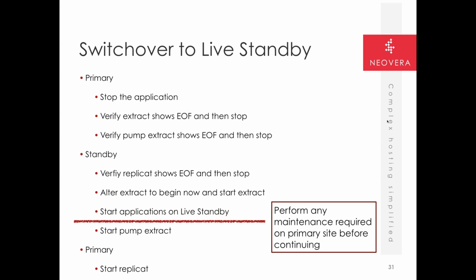One of the other common things we run into is when someone has set up unidirectional and they're using it as a live standby. So you're primarily going to one site, but in the event of a failure or maintenance, you want to switch over to a live standby, which wasn't previously being used, but it's all set up to extract and send back from the target to the source. There's always some confusion as to how you should do this, in what order, but from a high level,